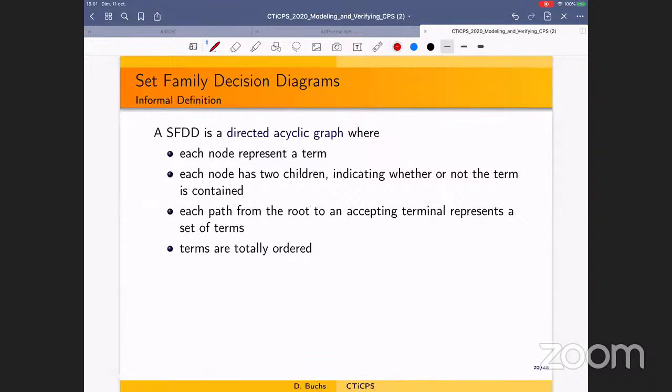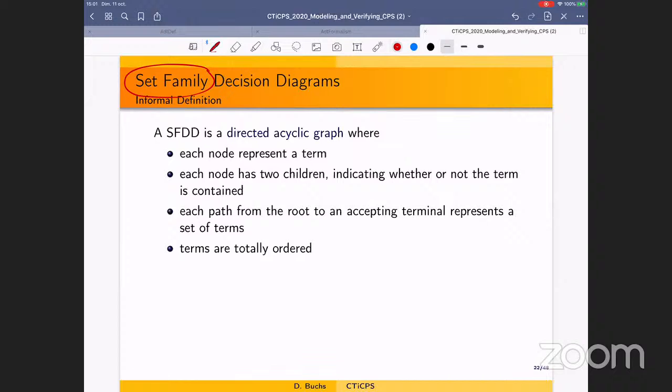So in order to do this, I will now show you, I hope I have time to do it. I will show you how to do this and how to generalize the idea of BDD. So I'm proposing first to examine the notion of set family decision diagram. Why set family? It means that I will represent some sets and I would like to encode those sets